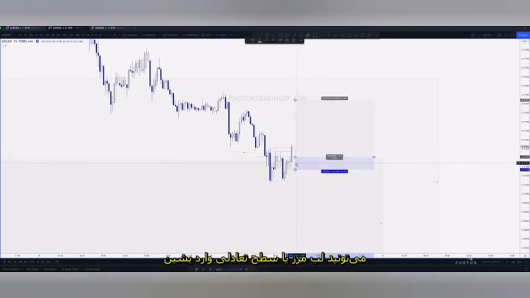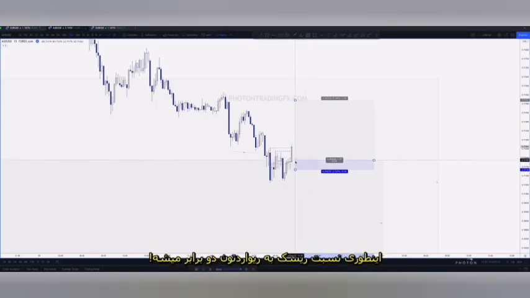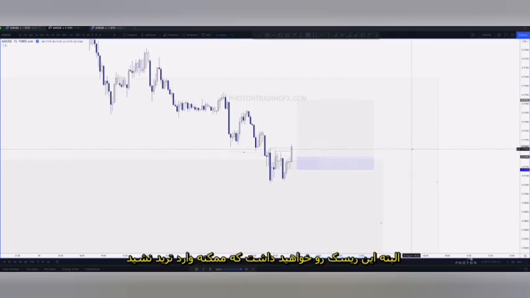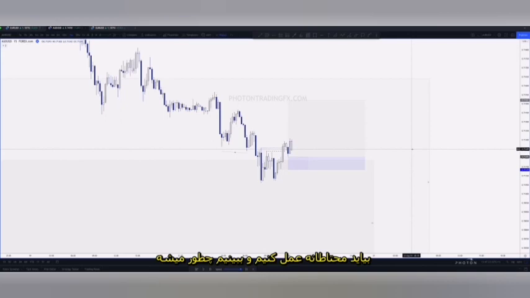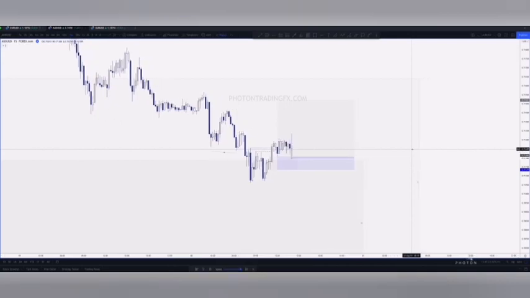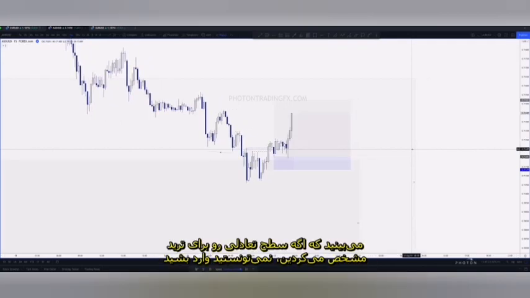You can enter on the distal, or you could enter right on the EQ to try and pretty much just instantly double your risk reward. But of course you run the risk of not being tagged in. So let's just be conservative and see how this plays out. So, right, just tagged in there. So what you can see is you would not have been tagged in if you took the EQ, but that's